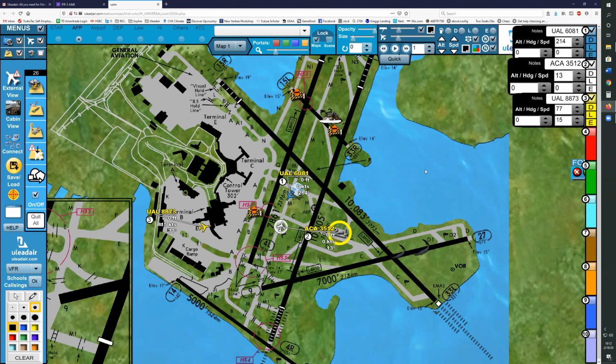So ground calls up Air Canada, says, Air Canada 3512, confirm you're off Mike now on taxiway Charlie, and you call him back and tell him no, you're still on Mike. No, just say negative ground, we are still on Mike, about to turn on Charlie or something like that.